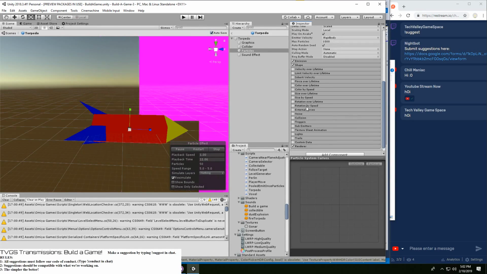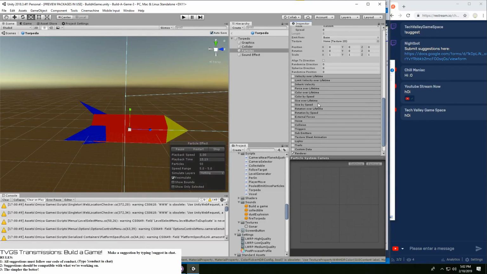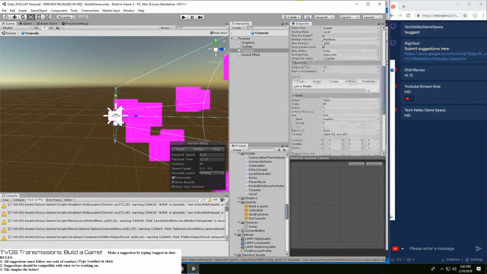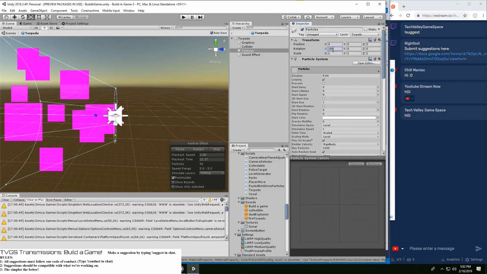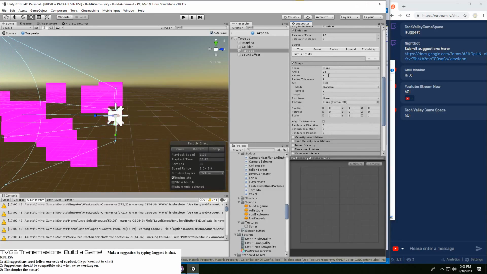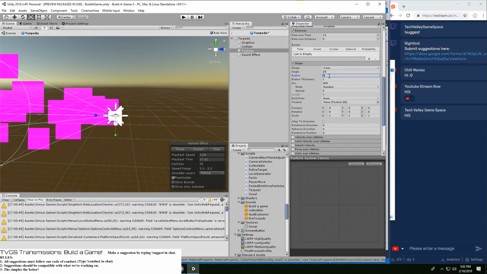The particle one is going to be interesting because I want to make sure that it is emitted in the other direction, first off. But we're going to actually use trails for this. Say 180, there we go. And then we can make that angle radius probably near 0.